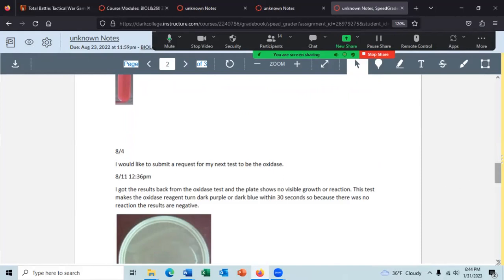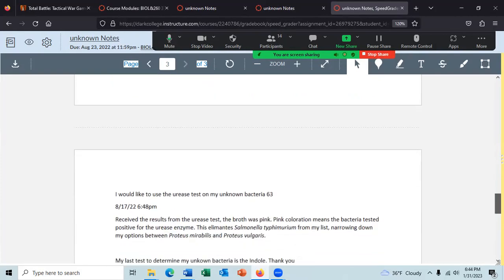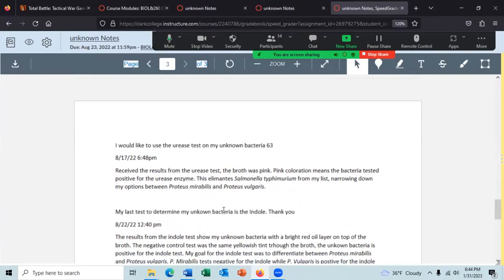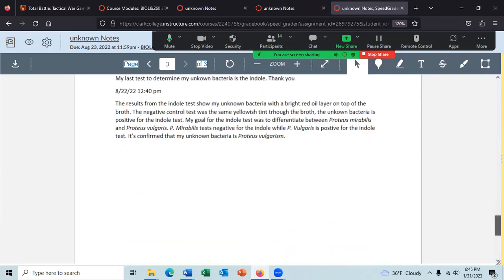And this is not quite the best results because you should have in here the species under consideration. And later down, he's got it. He says, this eliminated Salmonella typhimurium. And then my options are narrowed down to Proteus mirabilis and Proteus vulgaris. And so then he's asking for the indole test. And he doesn't state it, but you should state that an indole test will separate out Proteus mirabilis from Proteus vulgaris. And then I sent him the results,